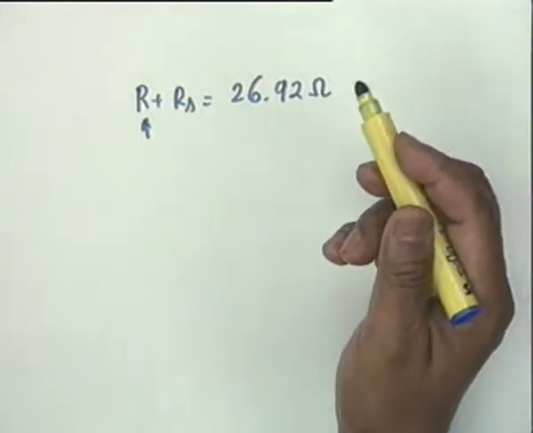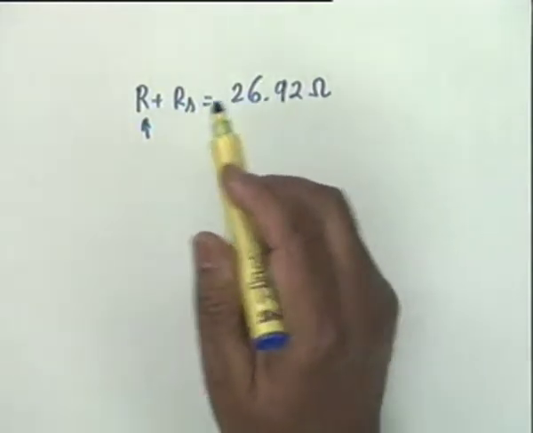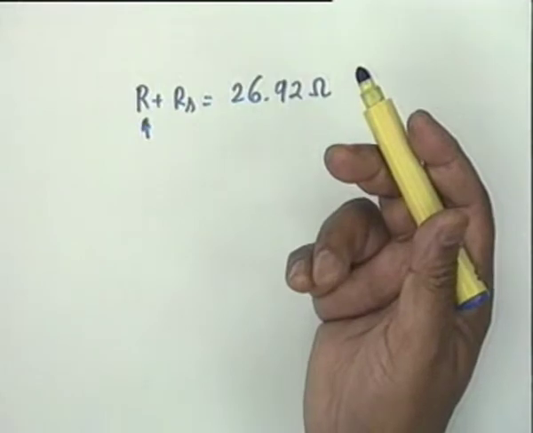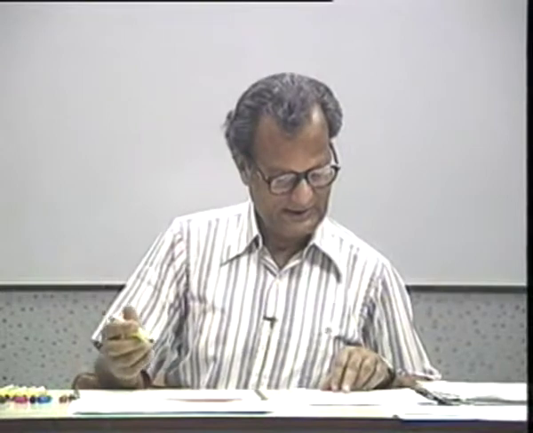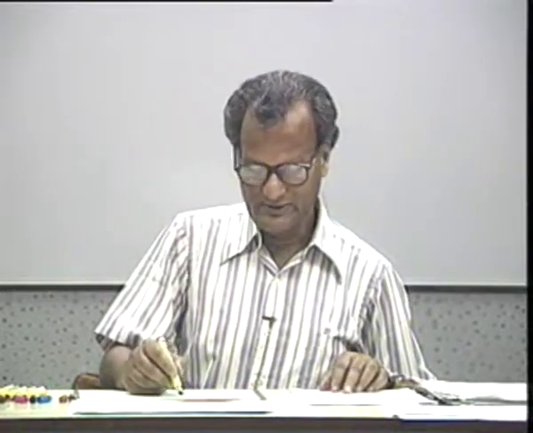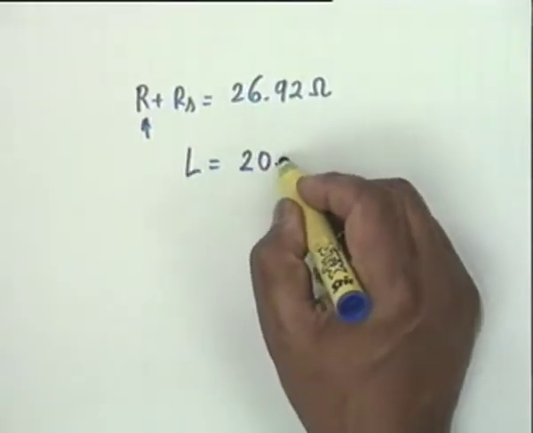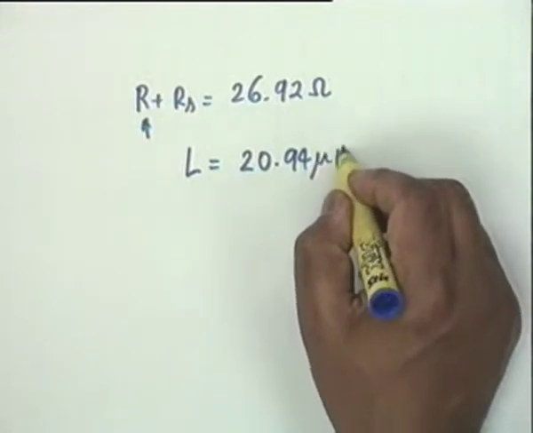So obviously Rs would be a low value, and you are right, the current source actually is a voltage source. Low valued resistance shunting a current source means a voltage source, and the inductance required is 20.94 microhenry,